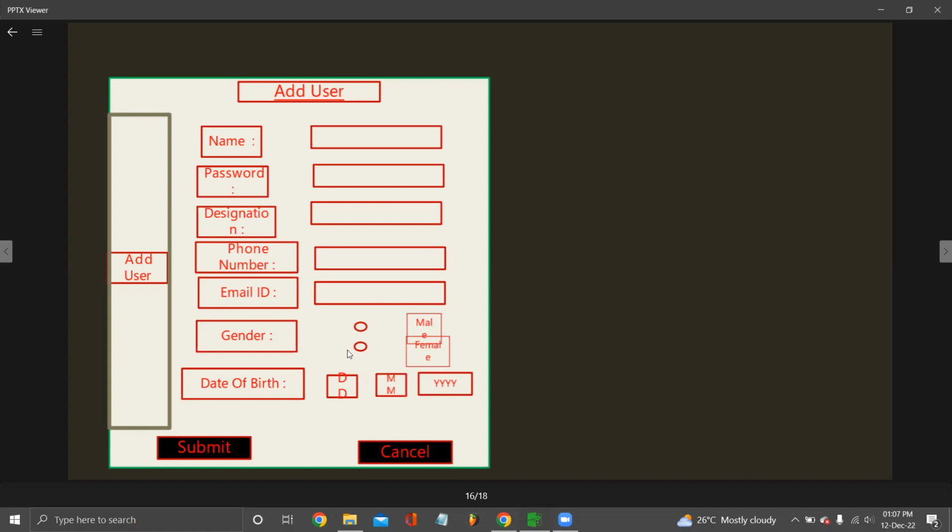Something called a radio button. A radio button option has a dependency on the other option. If you try to check female, the male will automatically deselect. If you try to select male, the female will automatically deselect. Right. So if you find these kinds of dependency components,